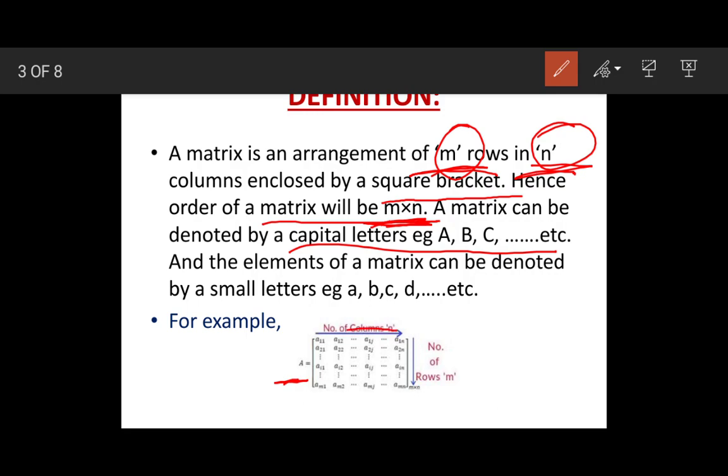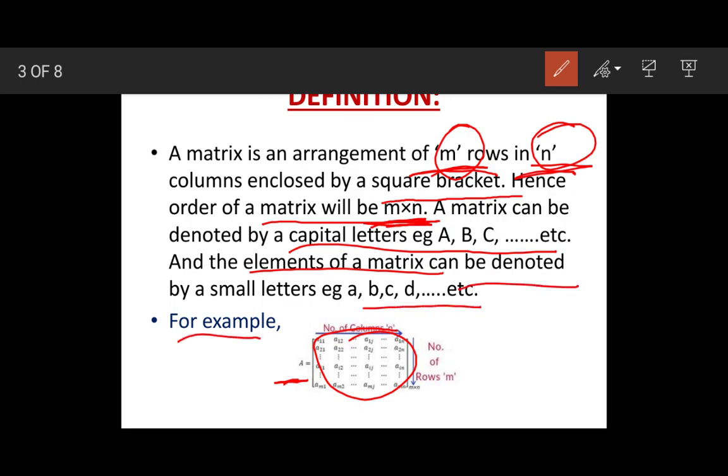And elements of a matrix: elements mean the numbers written in the matrix, and the elements of a matrix are denoted by small letters.